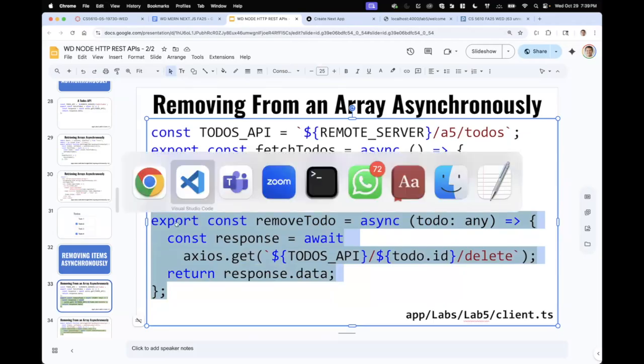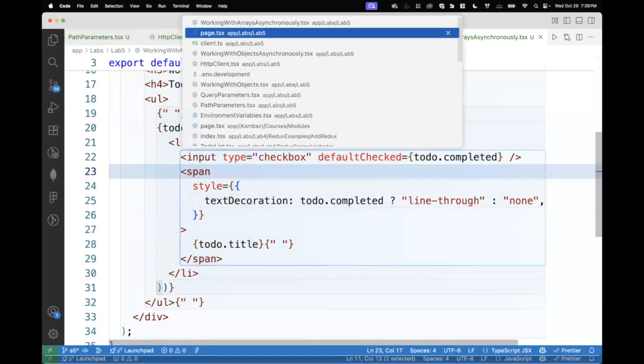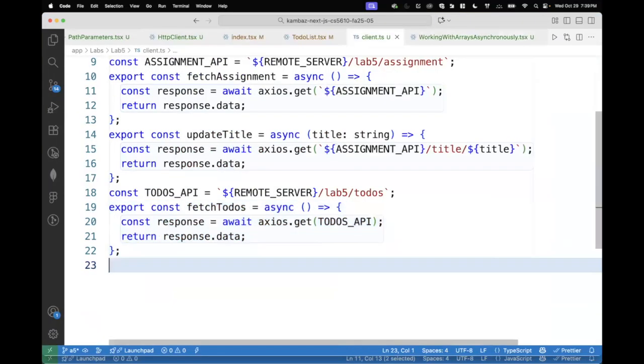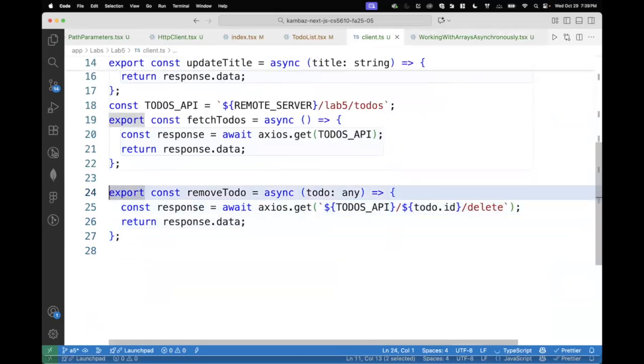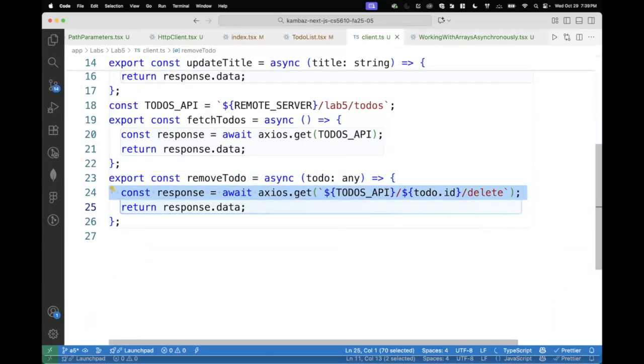Here we are interacting with that API from the client. Instead of it being a link, we're going to be able to click on the to-do that we want to remove. It has a to-do item, and the ID is going to go out to the server, and it'll remove that to-do. The response will be the to-dos that come back from the server, and we can populate that array